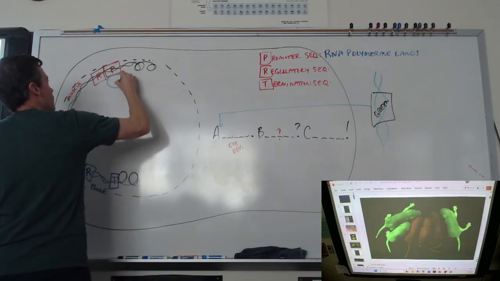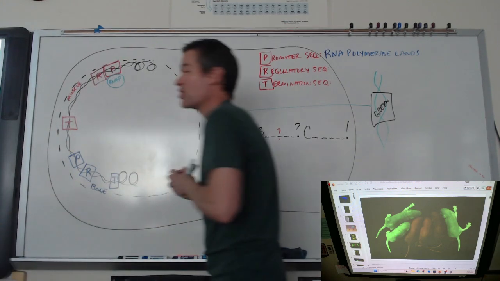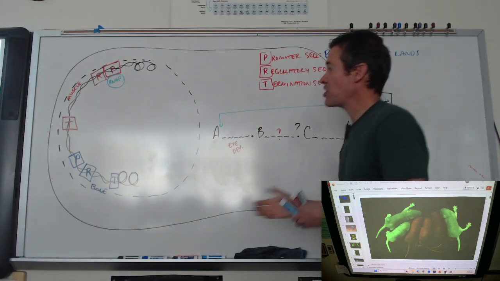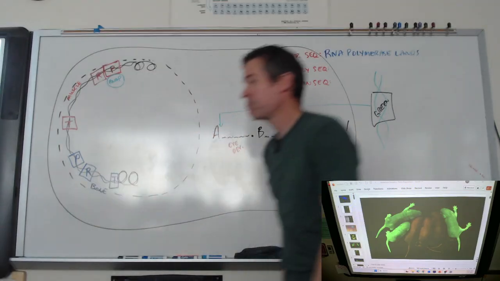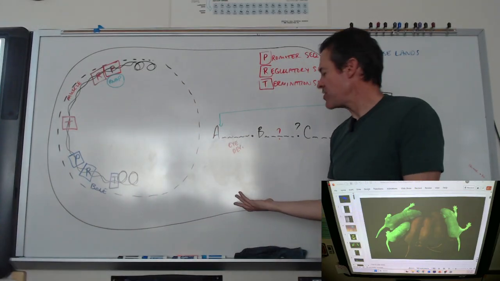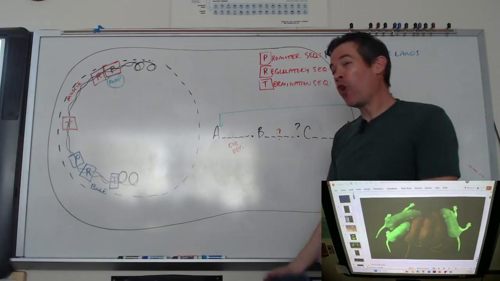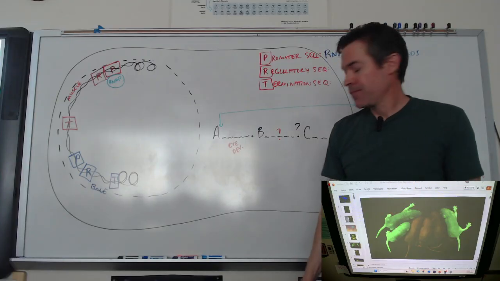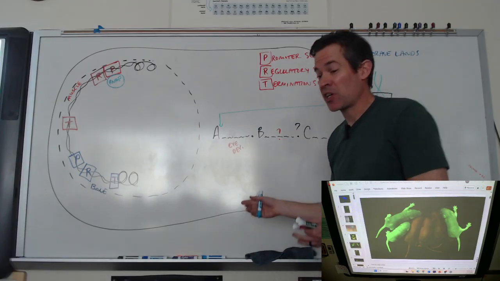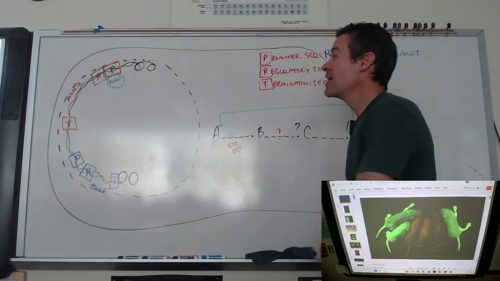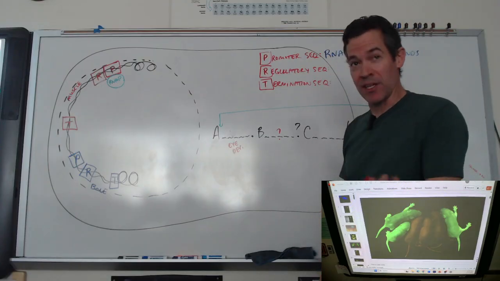That is RNAP. And it lands on the promoter. Then what it does is it slides along, unzips the DNA, and reads it. Before, we were just replicating DNA. When we replicate DNA, I'm just copying it. I don't have to know what it means. Now we're actually reading it and doing what it says.